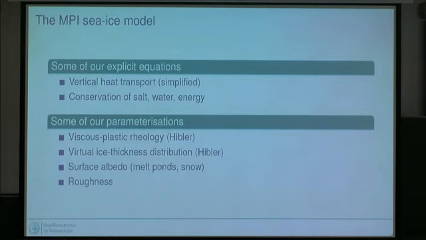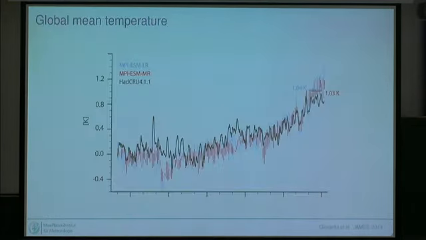We do the same for land, and then at the end of the day, we put all these components together, and then we tune the entire system to give a reasonable representation of the climate system. And that is done by running the model and getting plots while the model is running of about 100 parameters that we look at in the climate system. And we then tune some of these parameters that we know to work on some of these output variables. And then at the end of the day, we have a system model that gives a reasonable representation of the global climate system. So this is, for example, output from our Earth system model there.